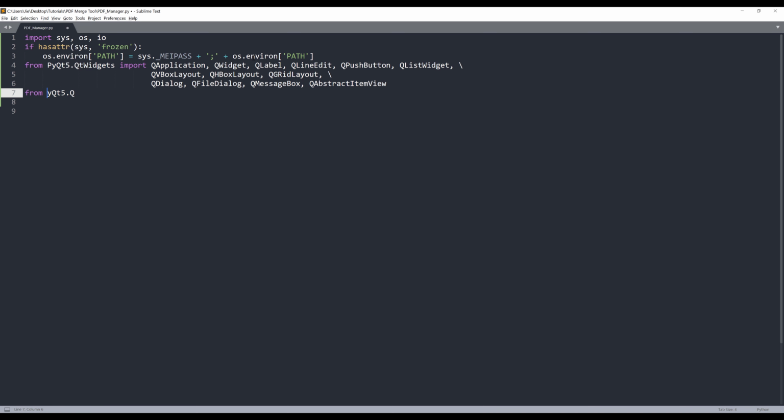And from the QtCore module, this should be capital P. Oops. I'll import the Qt class and the QUrl class. From the QtGui module, I'll import the QIcon class so that we can set the icon to our window